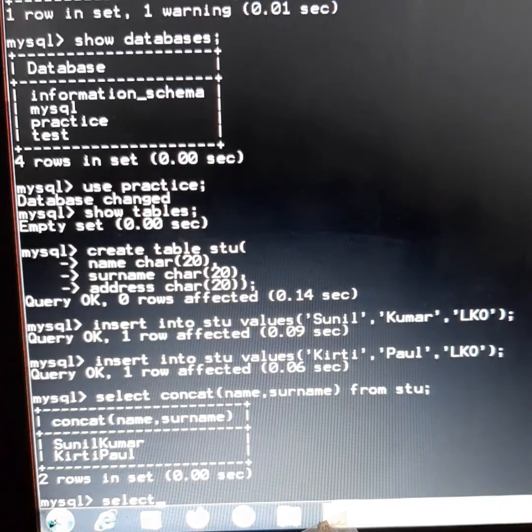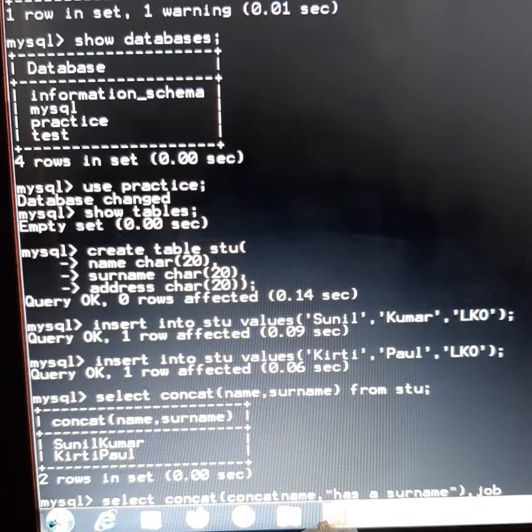We write select concat, and here the attribute name, that is name, comma, inverted commas I am going to write has a surname, comma, job. But for that again I'll have to use a concat inside also.